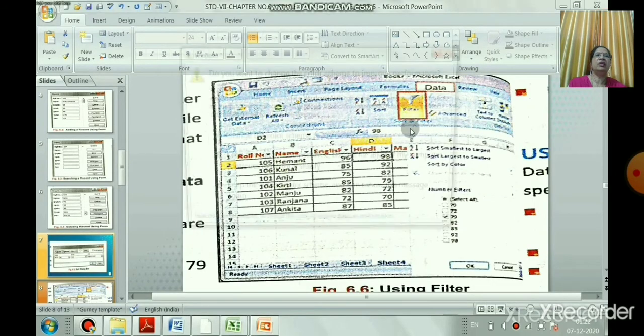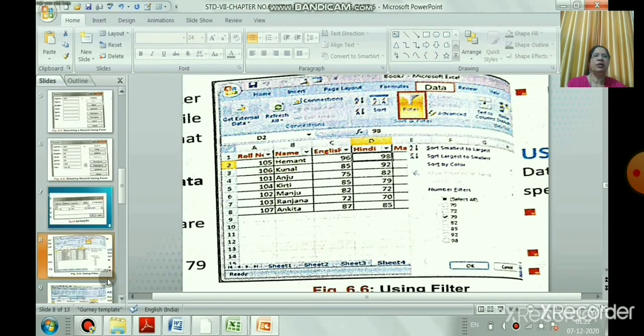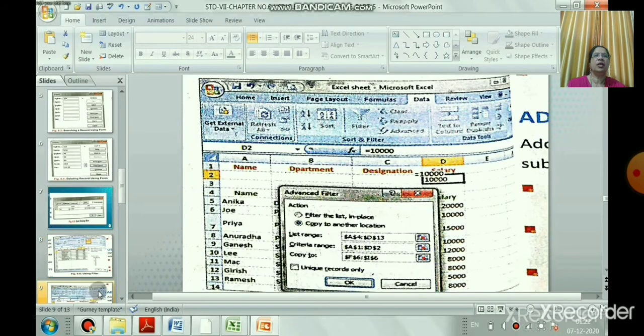Okay. And we have learned how to filter the data. How to filter the data? What is the filter? The filter feature allows you to see only those records that you want to see. Okay, that time the rest of the data you can temporarily hide with the help of the filter option. So you can remove the filter with the help of the remove button, right? So okay, in the data tab the filter option is there. Yes.